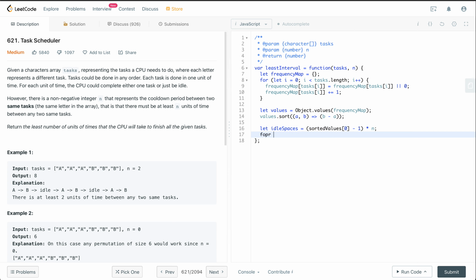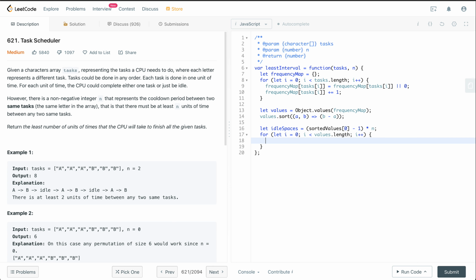Now let us run a for loop for all of these values. So let I is equal to 0, I should be less than values.length, I plus plus.